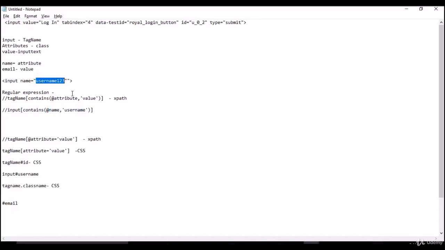If that is the case, then it clicks on the element. You need not be exact, like username123. If you are giving the exact name, then you can directly use attribute equals to value, so that it will match the exact value letter to letter. But if you give contains, it will just match the subtext and click on it. This is the XPath regular expression syntax.